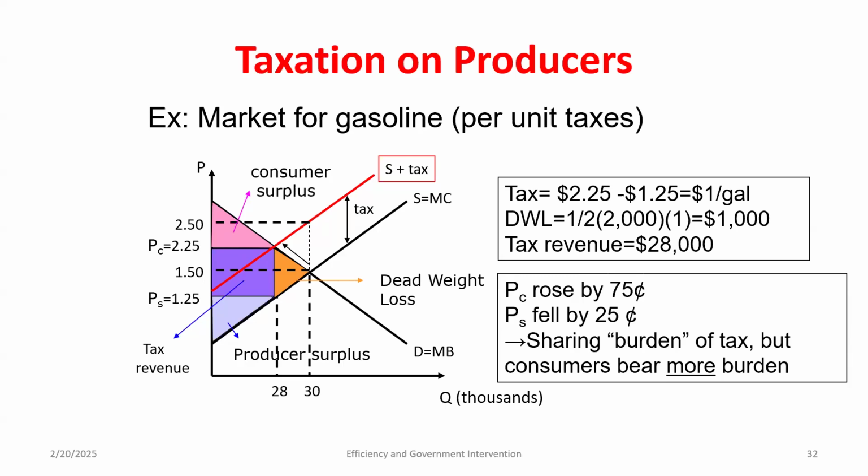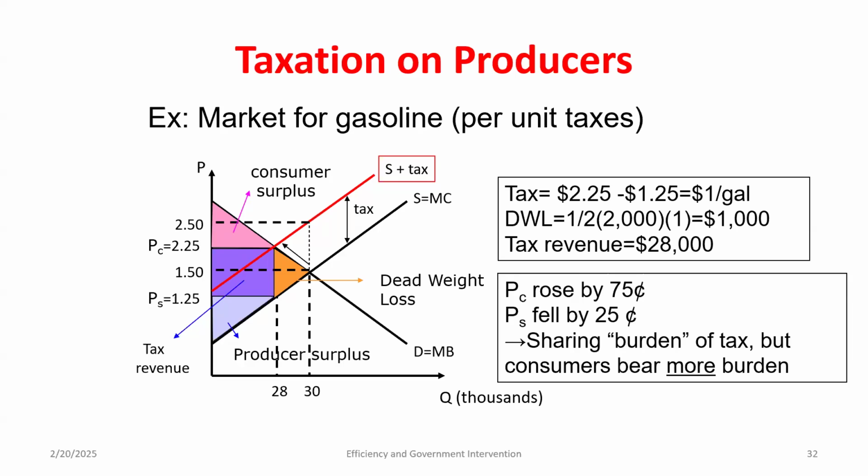So both parties, consumers and producers, see the same impacts on quantity, but in per-unit prices, what sellers get to keep only went down by 25 cents. Consumers had to pay 75 cents more. Notice, what do those two add up to? The value of this $1 tax. So who's paying more of the tax? Consumers, right? They're paying 75 cents more, while sellers or producers are only keeping 25 cents less.